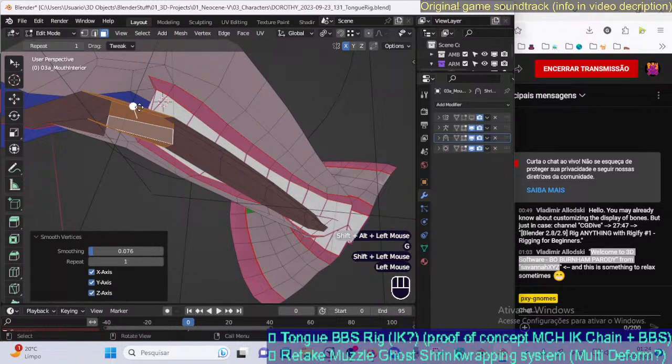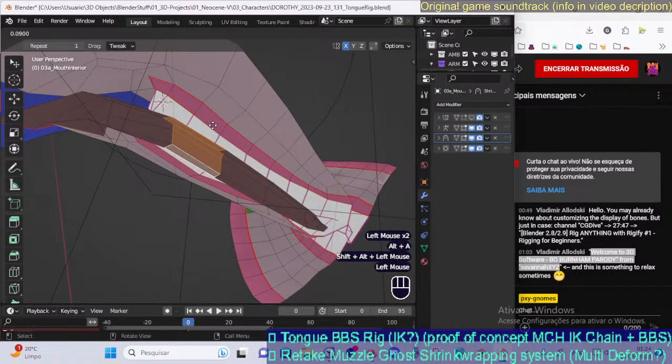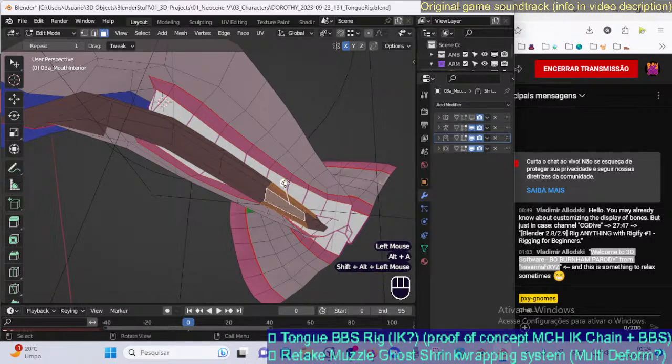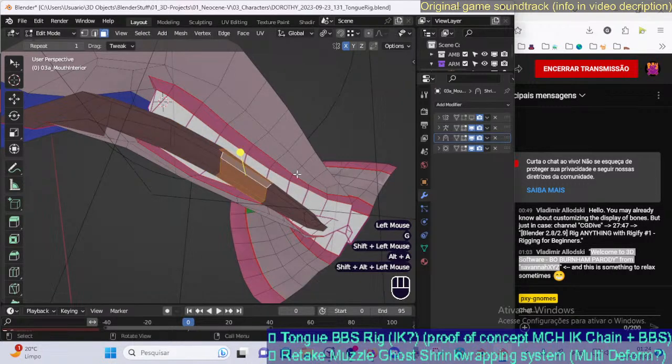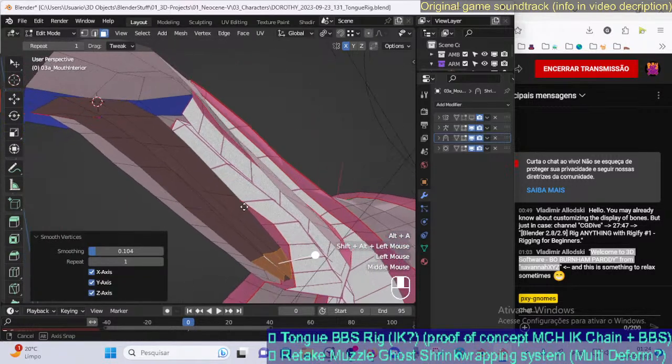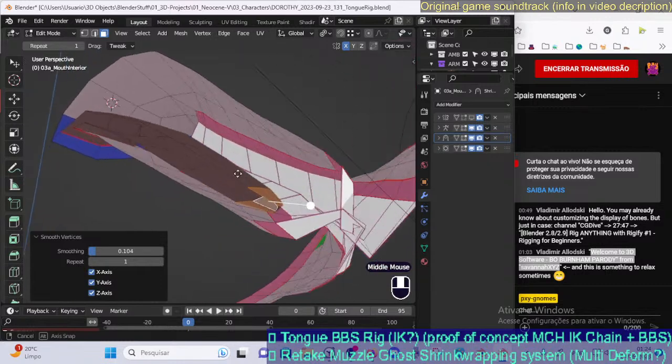Can select this and smooth out. Maybe let's make some rotation here. Trying to get this as regular as possible. Alright,